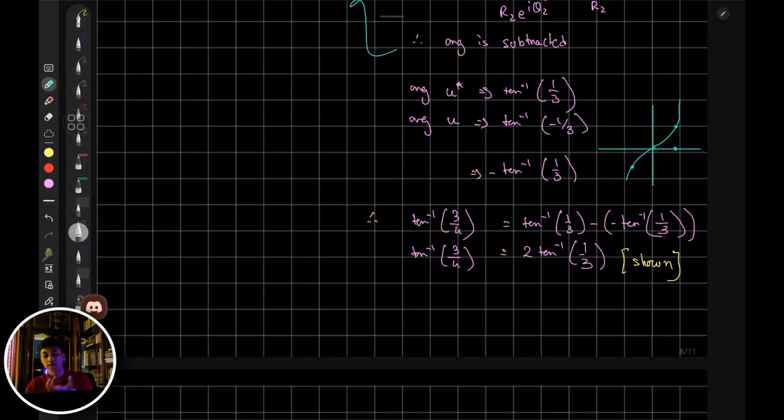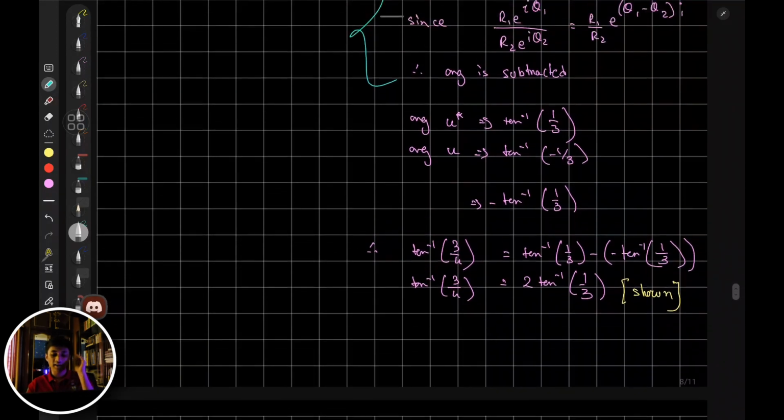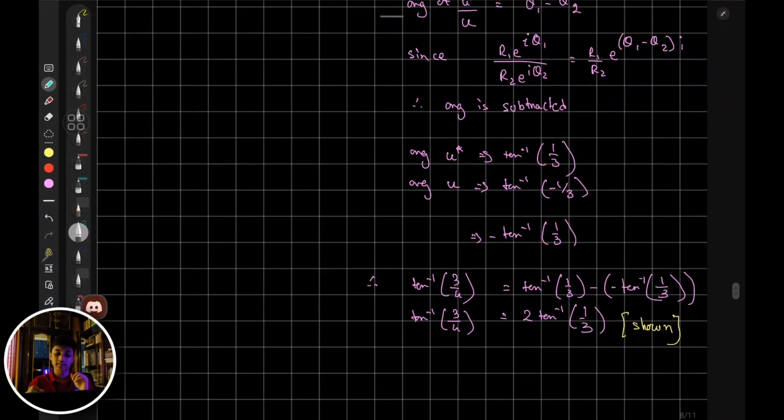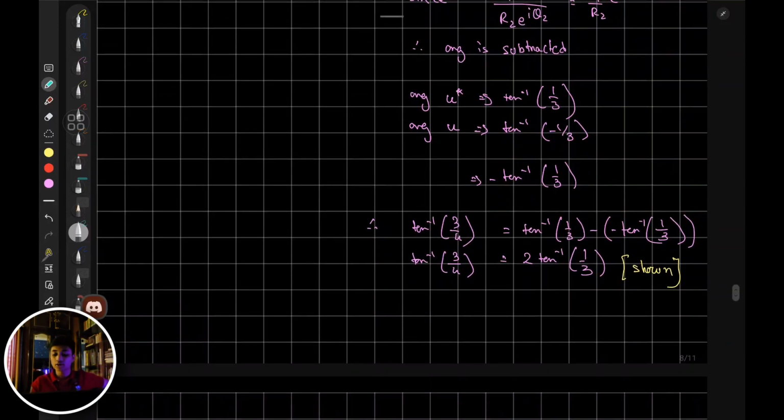You can try this with your calculator and see that whenever you put in a negative value of theta in the tan function, you're going to get a negative value, and when you put in a positive value, you're going to get a positive tan theta value. Great. So if you know that, what have you learned from this part? That the arguments are supposed to be subtracted when the complex numbers are divided. So what is the argument for